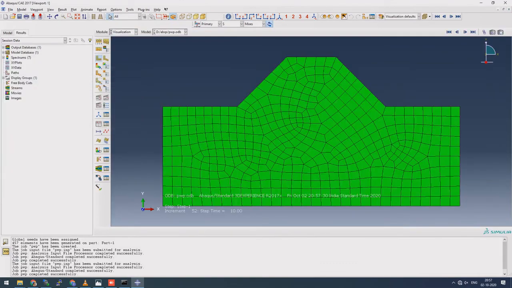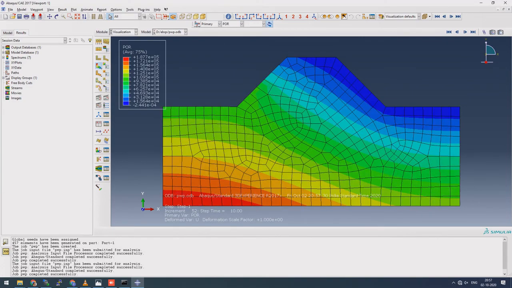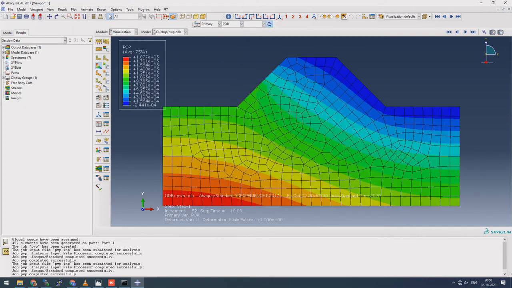So we'll go to result, and we'll see that we have several variables. Pore water pressure, you can see the phreatic lines somehow, and you can see the displacements of the dam from top to bottom due to gravity. Pore water pressure is the main one which we want to be looking at. The maximum pore water pressure is under the dam. The lines are going like this because the final pore water pressure at the end is 0. There might be some phreatic lines.